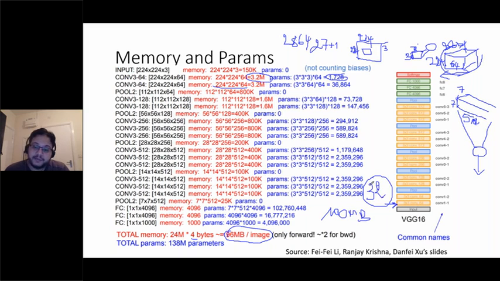For example, if we have a batch size of 32, without counting the back propagation, we need 3.2 gigs to do it. That's why in the example I sent you before, I used only a batch size of 20. That was the maximum that could work on my GPU. My GPU is just 4 gigs.